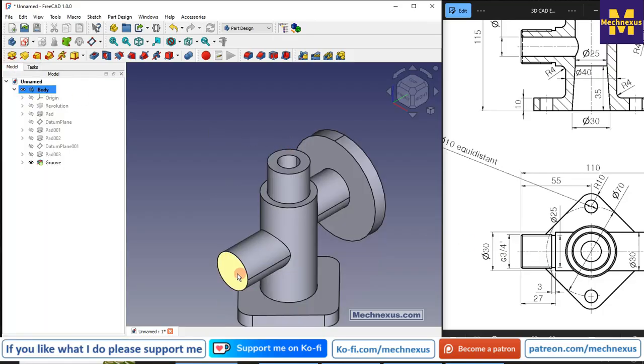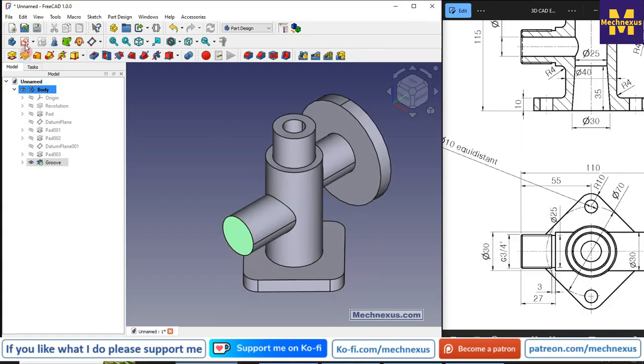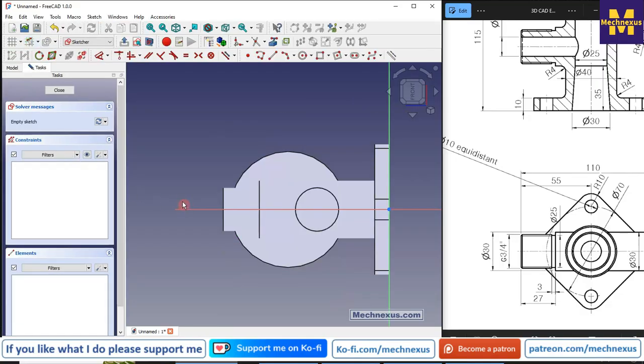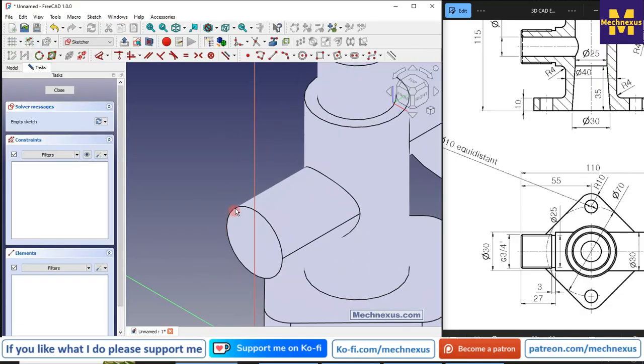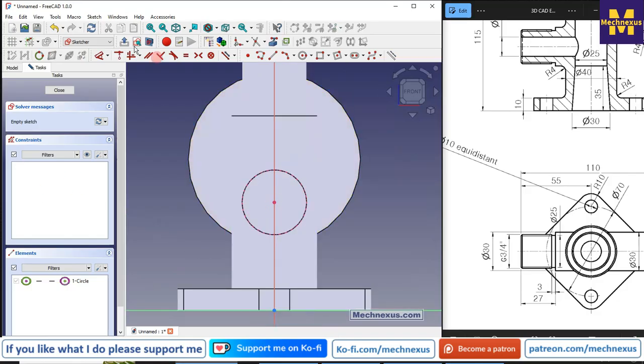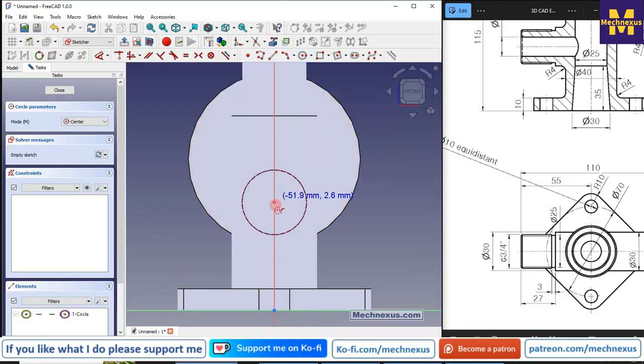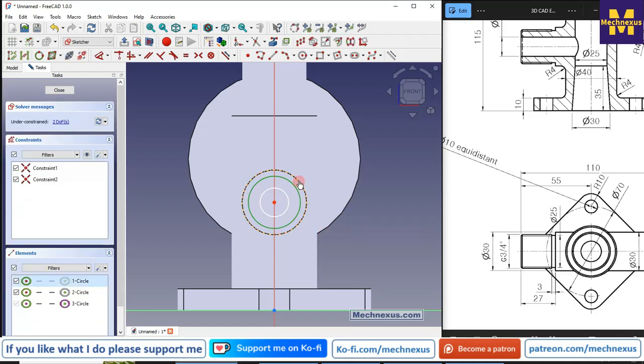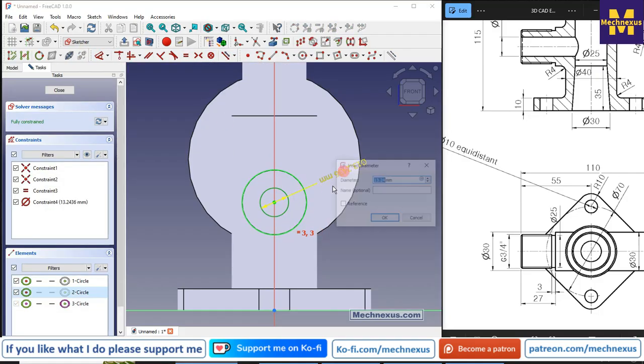Now press 0 and we will select this face and click on the sketch, press 0, and here we will project geometry, and here we will first create two circles, and this outer circle we will make equal, and the inner circle is of